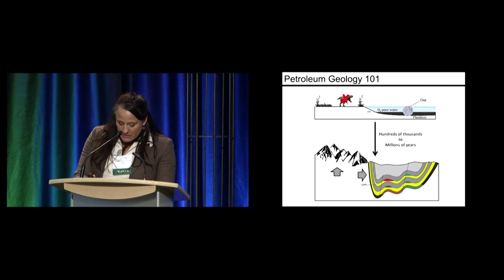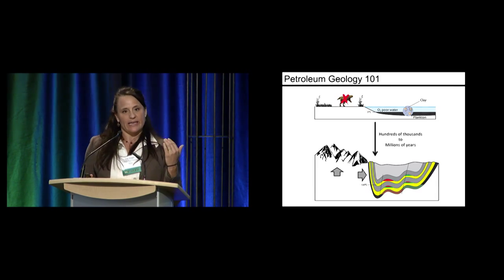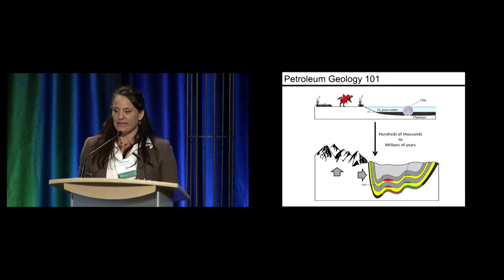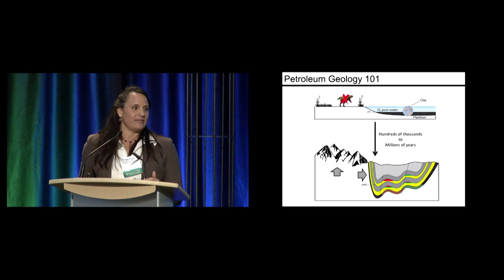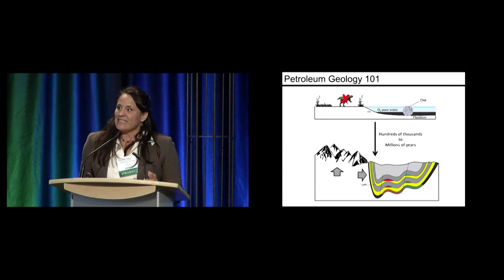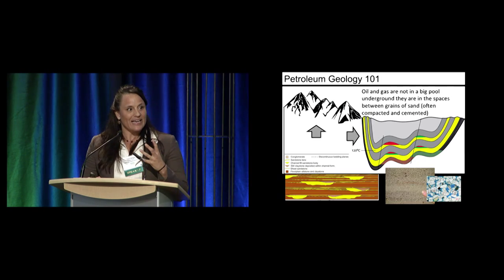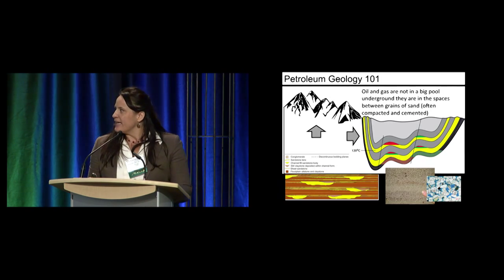Okay. So one point that I want to make is that this process that I've showed you is not an overnight process. This is a process that occurs over geologic timescales of hundreds of thousands to millions of years. So in a sense, this is not a renewable energy source. Okay. Further complicating this as a resource is that what I've shown you is actually very oversimplified for these yellow layers. What I've kind of presented makes you think that all of what's in the yellow is actually really nice,